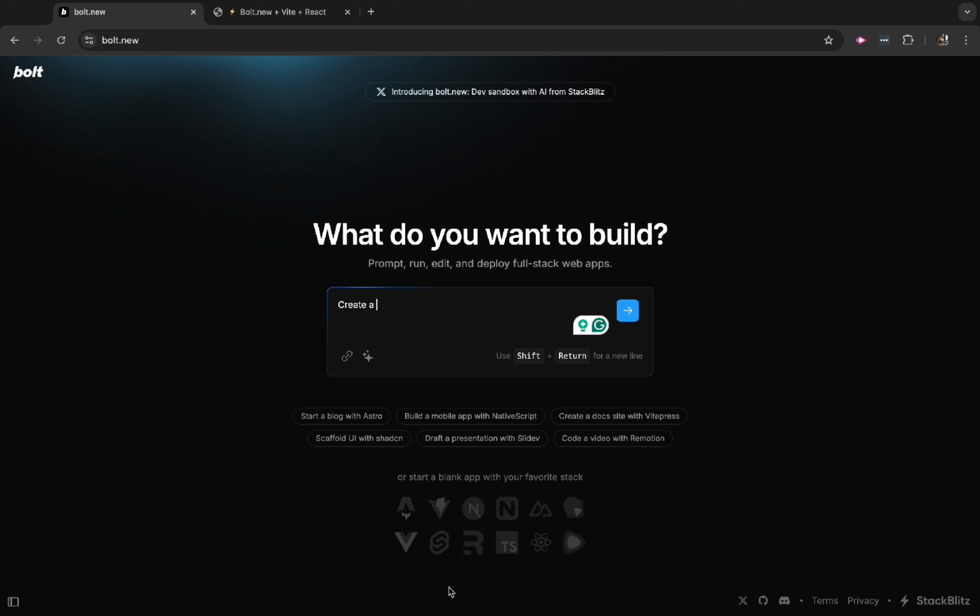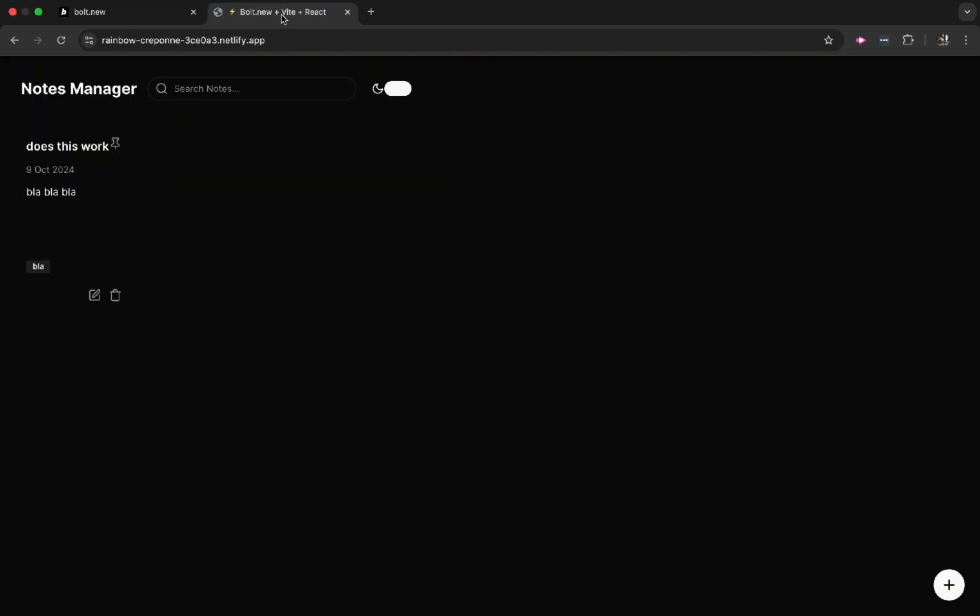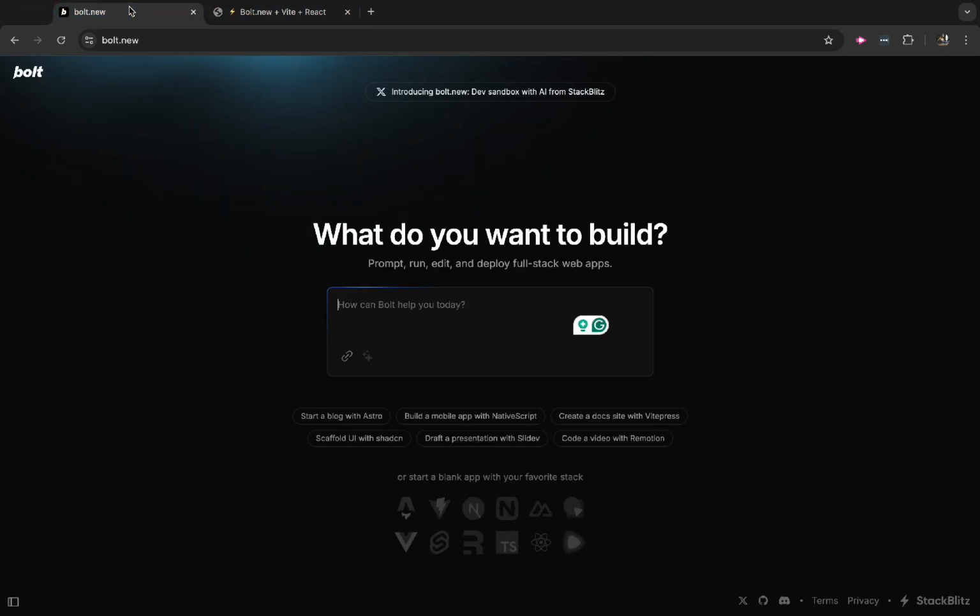Now to create an app, you're going to go to Bolt.new, create an account, and log in. And you'll have this screen. What do you want to build? So basically, you're going to enter your prompt. So since we're making a notes manager, we're going to tell it, create a